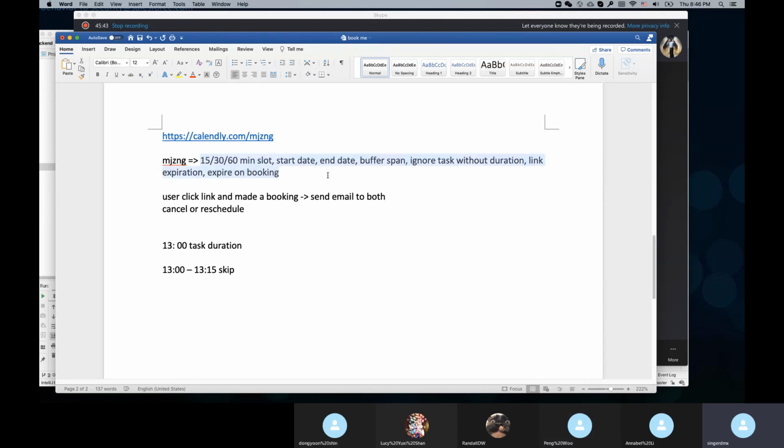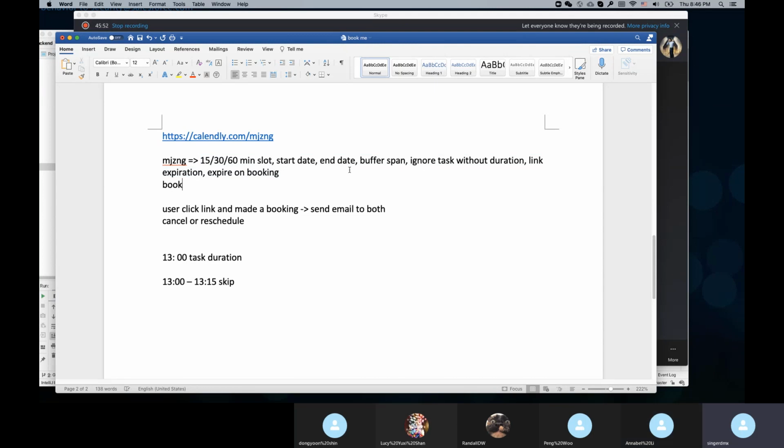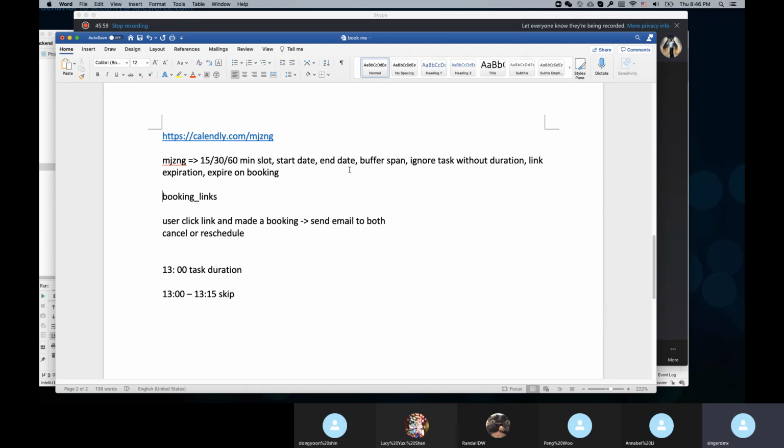So basically, right now the schema is more like this. You will have a booking links table, booking underscore links table. Make sense? Links, plural. That's the DB table you're going to create, and the entity and the repository. But when it expires, do we delete it? And what's more, can the user cancel or reschedule it? I mean, when the user clicks the link,